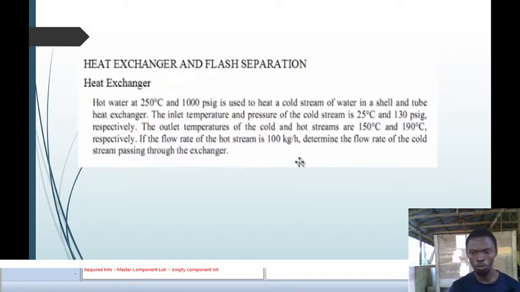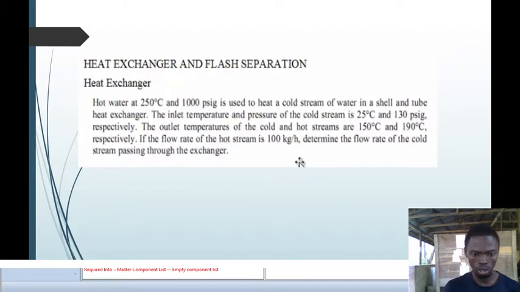I'm pretty sure some of you will probably say you have hot water and cold water, but they are both water. So you have just one. There's no difference between hot water and cold water. Only the temperatures are different. They are both water. So water is the only component you have.